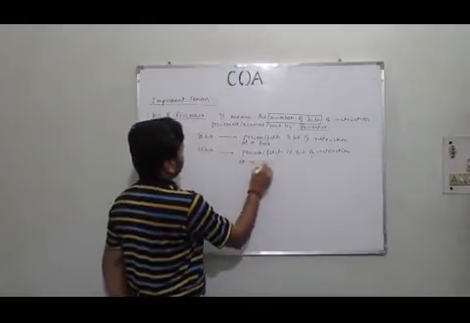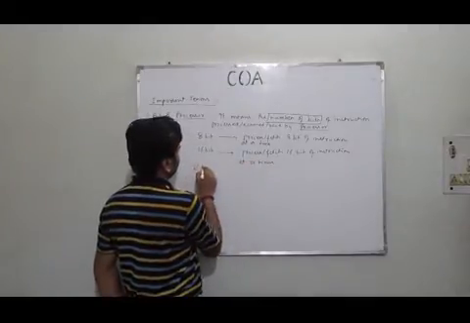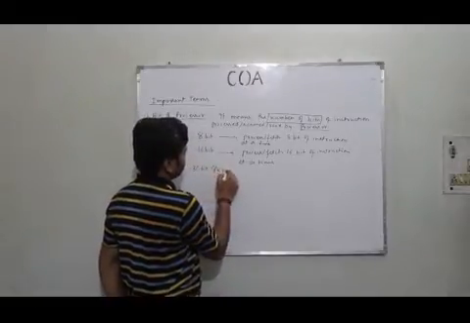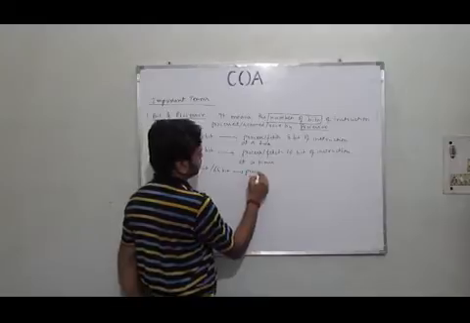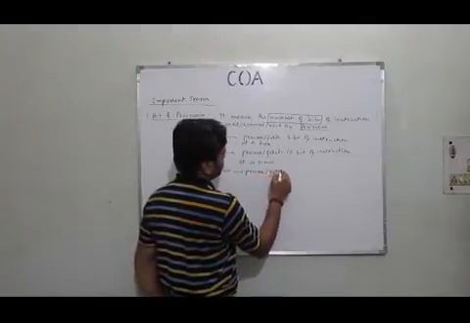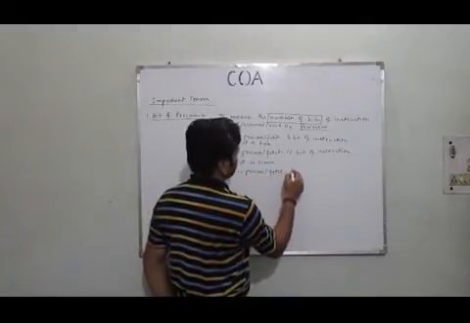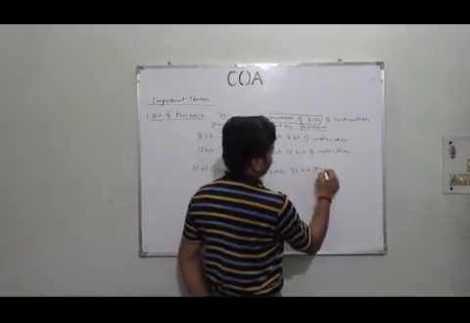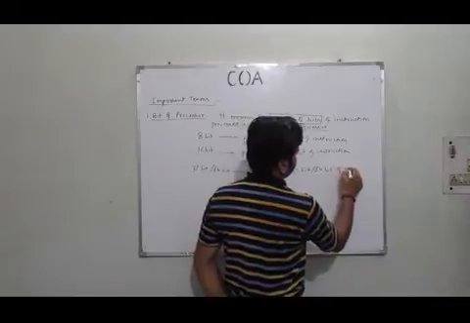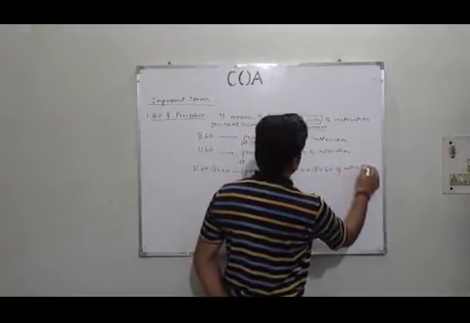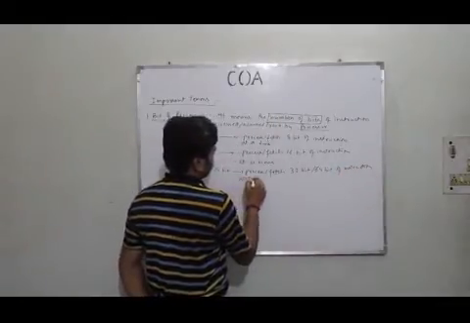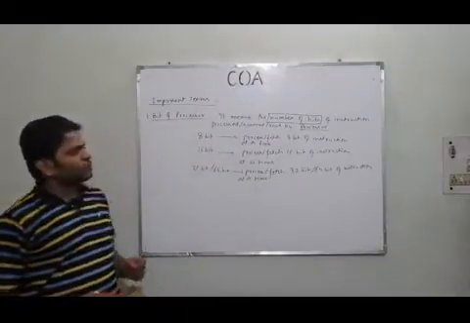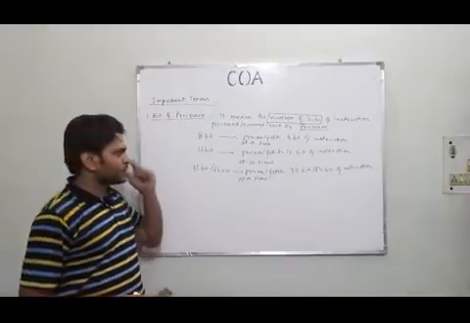And when we say 32-bit or 64-bit, it means that it is able to process or fetch 32 or 64 bits of instruction at a particular time. This is an important term that you have to keep in mind, because sometimes it is asked during viva